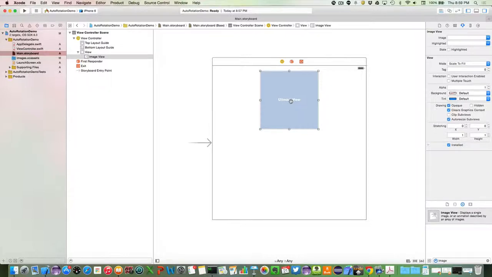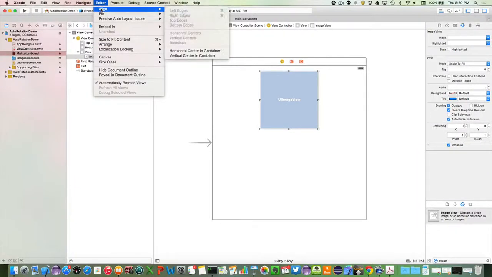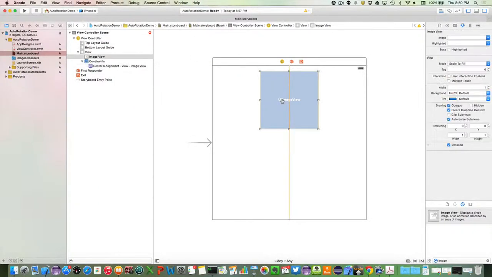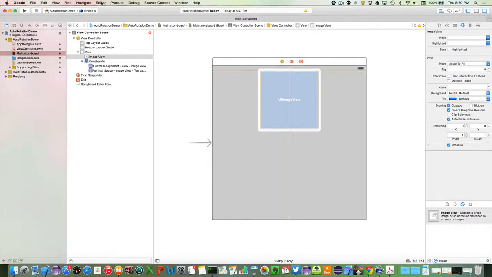And let's just horizontal center that, and then like this, and then we'll go ahead and pin the